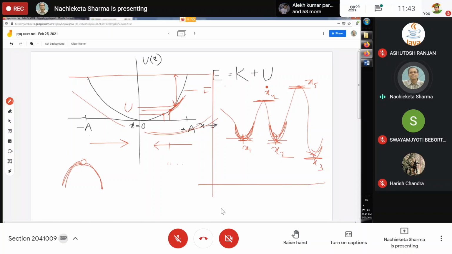So what is the definition of an unstable equilibrium point? Any maximum in a potential energy curve is an unstable equilibrium position. You see here the potential energy is very high, but here the potential energy is less. If you want to be stable, you must have less potential energy. If you want to be unstable, you must choose a higher potential energy. So maximum potential energy in a potential energy curve represents points of unstable equilibrium, and minimum potential energy represents points of stable equilibrium.